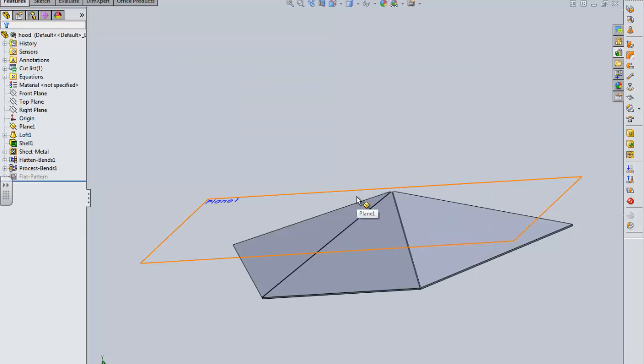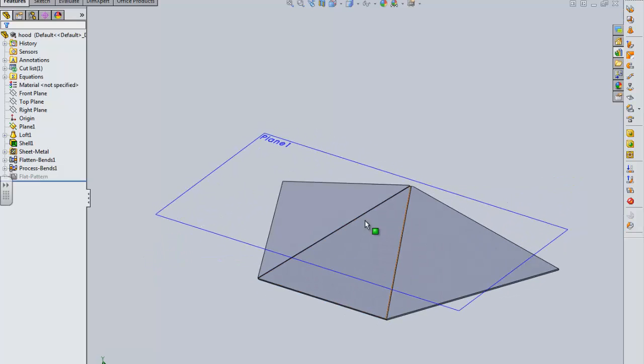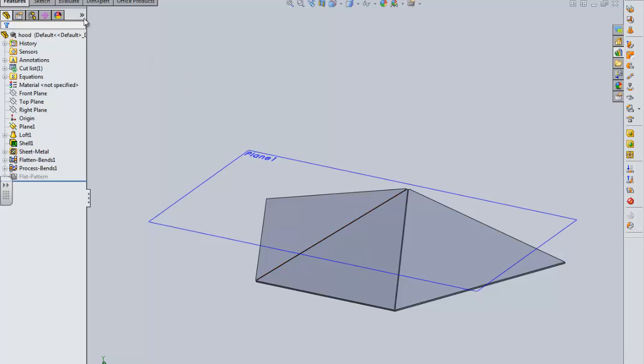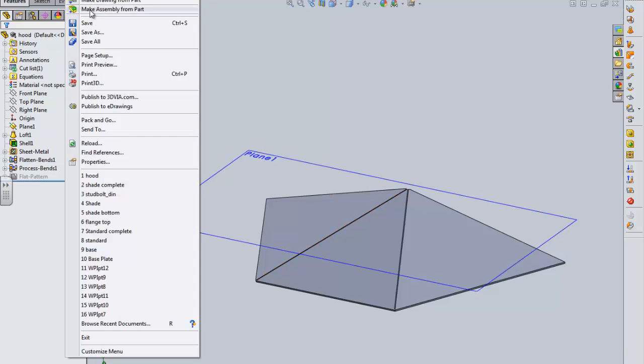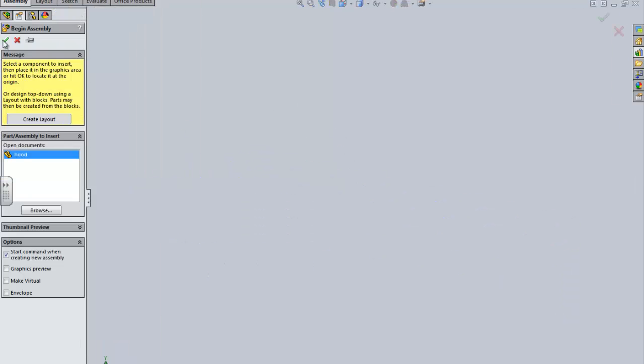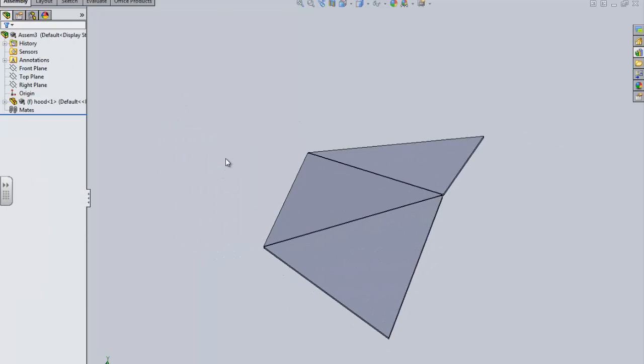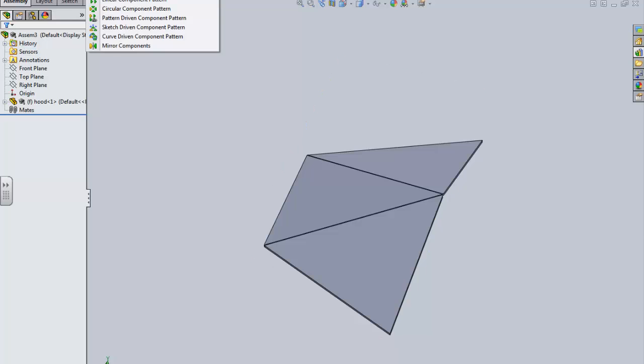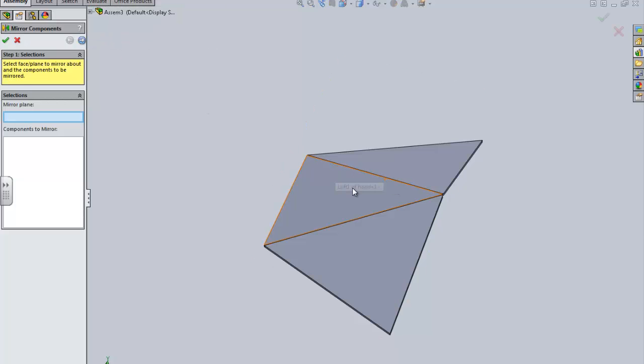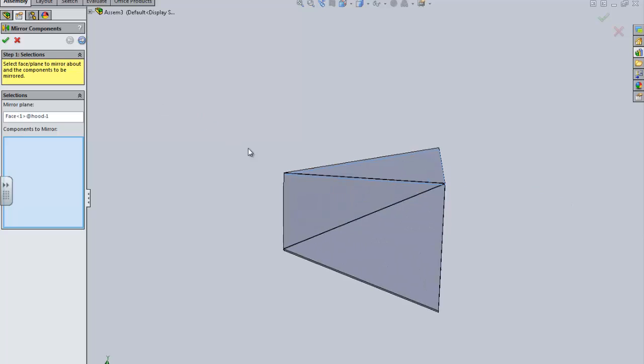In addition to that, it also wants us to create an assembly for the roof. So we've used both hoods and make the assembly. So what it wants us to do is make an assembly from this part. We insert it. Then to make life easier, I'll just mirror it. I don't go trying to resolve something that you don't need to. So I'm going to mirror it, select the component, and